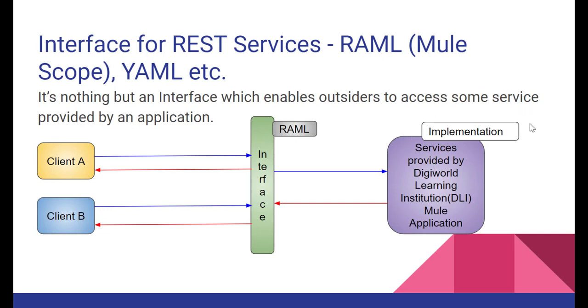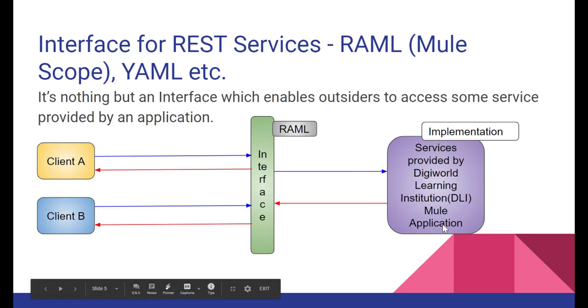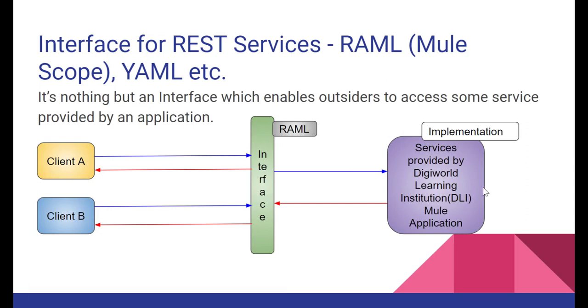In case of Mule 4, we would be using RAML, and there would be the implementation. The implementation we would also be developing using Anypoint Studio in Mule 4, right? The basic purpose of this picture is that we would be developing RAML first. This is called the design first approach. You design the interface first, and then we would be developing the implementation part, right?